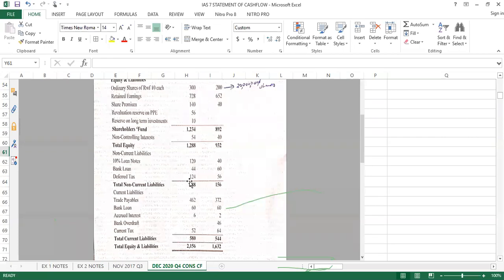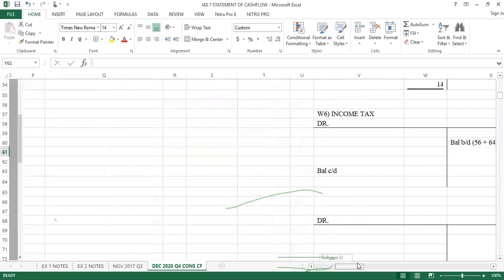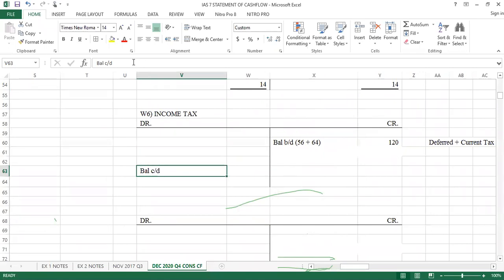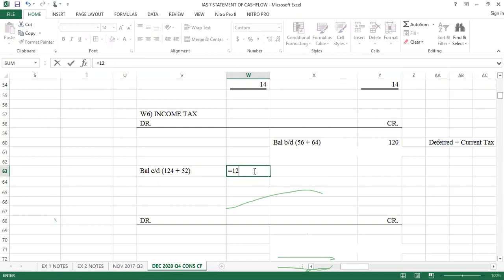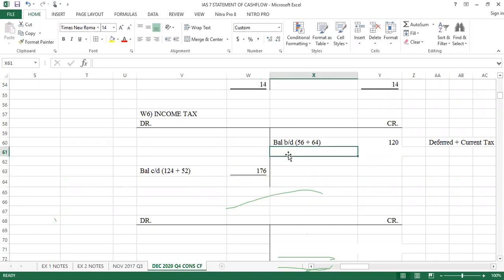Closing deferred was 124. 124 plus 52. So what does it give you? 176. Now, in the income statement,